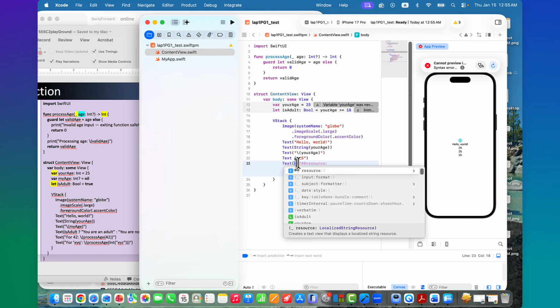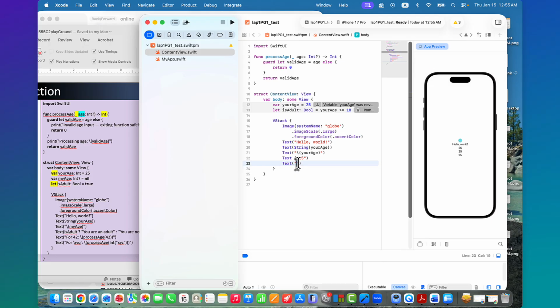And I want to call a function, and then we have to put here escape characters, and then processing that for age here. I want to put, for example, your age.